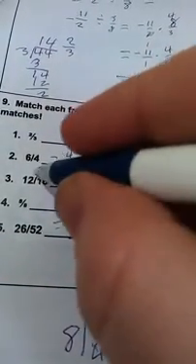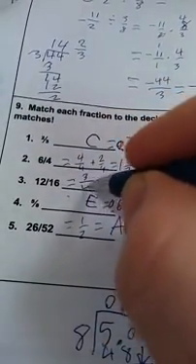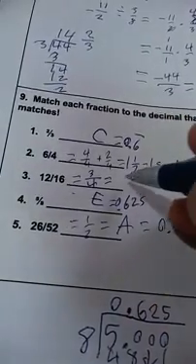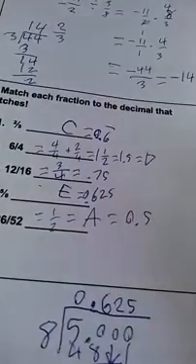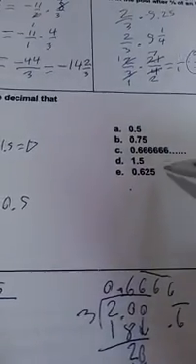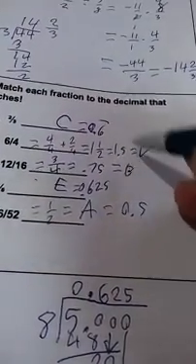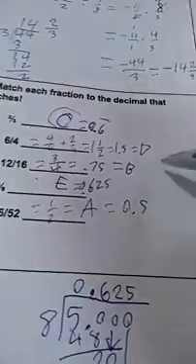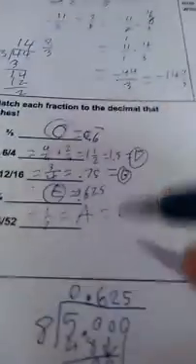12/16, well, we've got common factors in top and bottom. 12 and 16 are both multiples of 4, so 12 divided by 4 is 3. 16 divided by 4 is 4, that's 3/4, which happens to be 0.75. If you're not sure, just divide the 3 by 4 with some long division and you'll get it, but we have 0.75 over here. That is B. So we have C, D, B, E, and